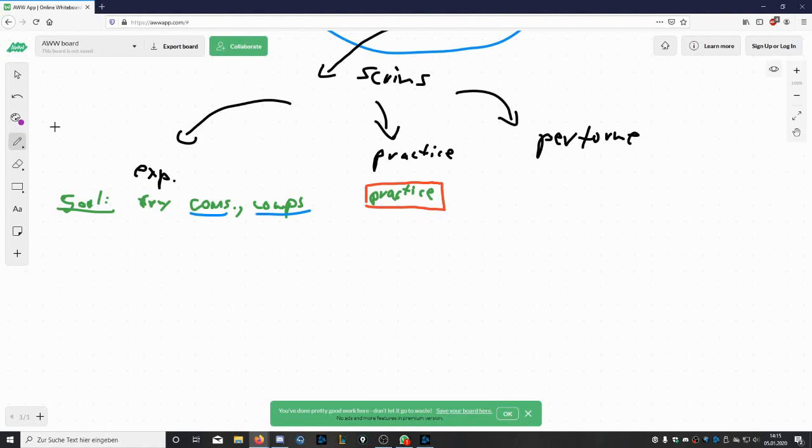And then performance scrim, obviously it's the tournament preparation, basically we want to win. Our goal here is to win the game, and this mostly means with everything necessary. It's also nice for you as a coach: if you say we now have a performance scrim, you obviously will not coach anything between the maps. You will just let them play as if it were a tournament, like, I don't know, a best of 7